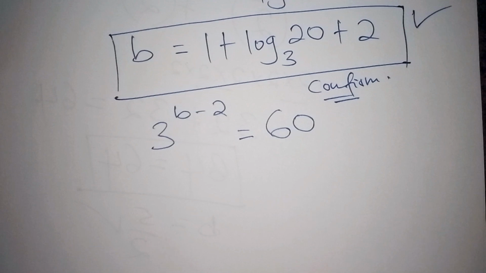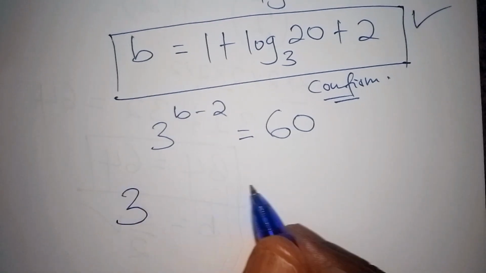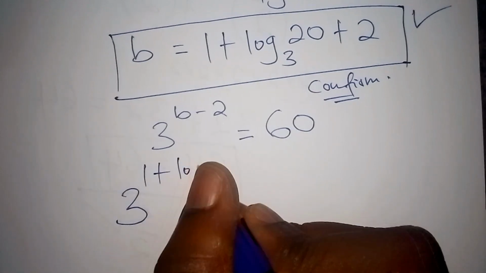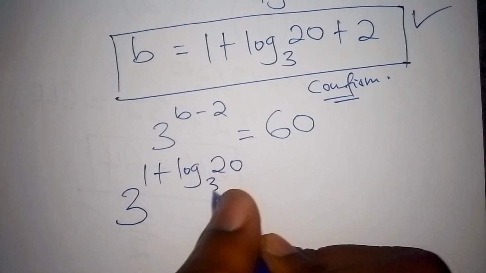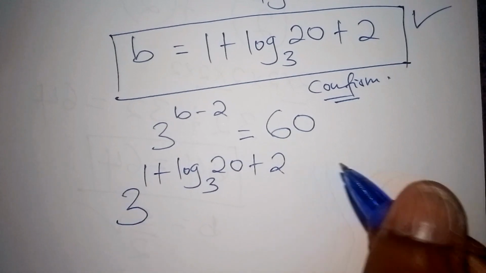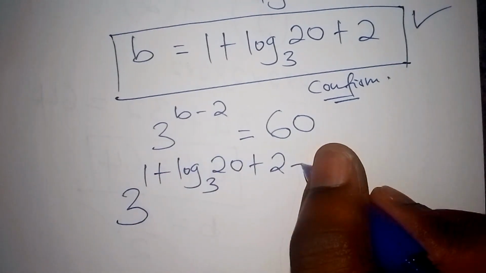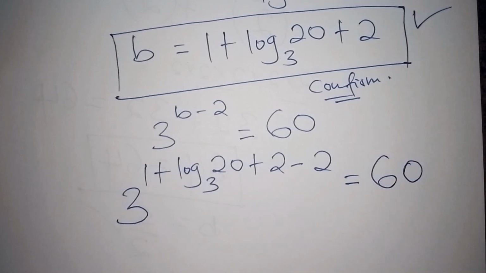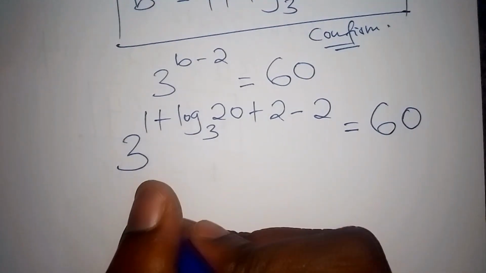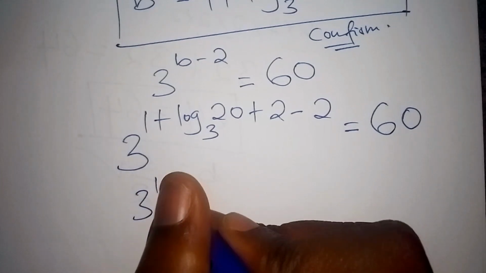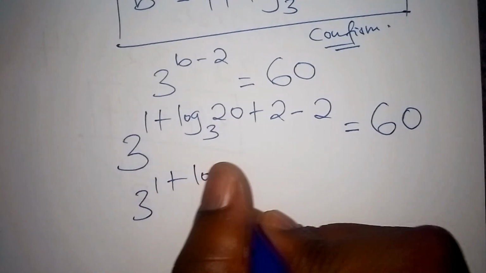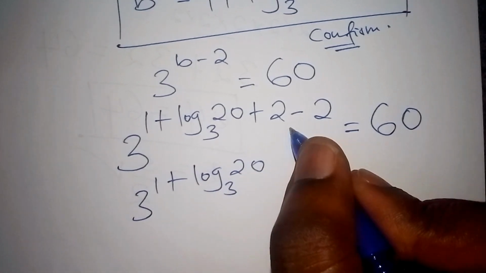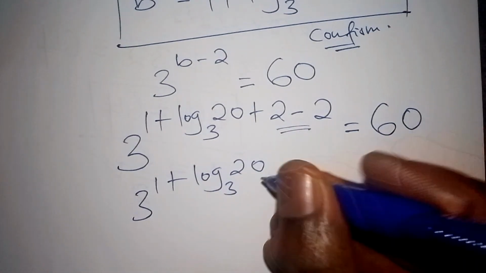So in this case we shall have 3 to the power of 1 plus the log of 20 to the base of 3 plus 2. So don't forget this minus 2, minus 2 is equal to 60. This can also be written as 3 to the power of 1 plus the log of 20 to the base of 3. So 2 minus 2 is 0, so we don't need to write it anywhere, is equal to